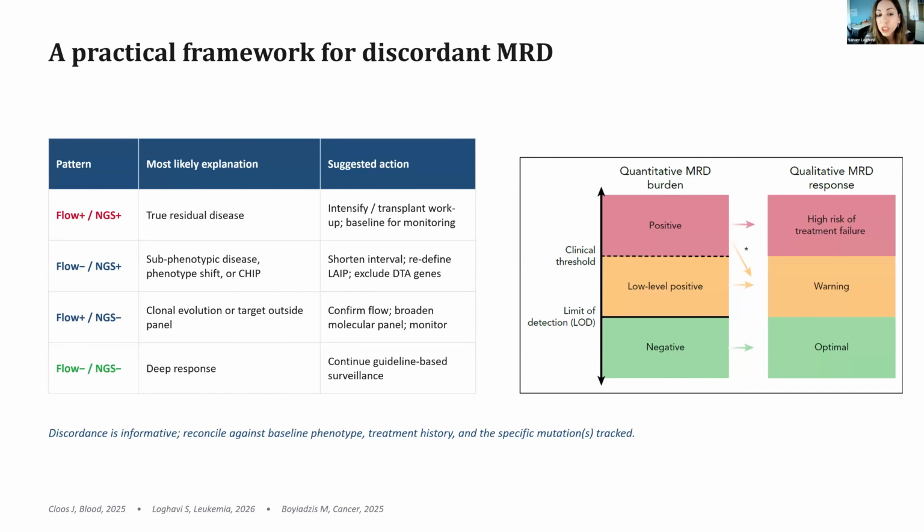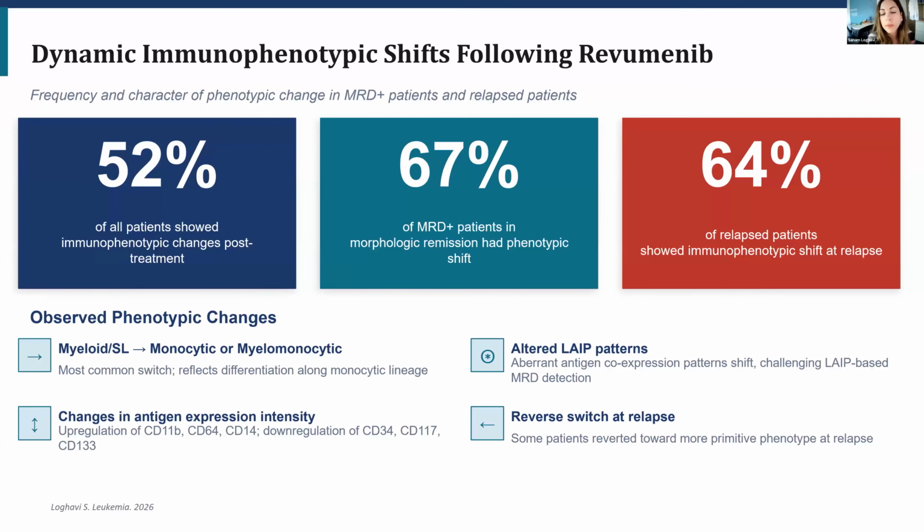And then if you have NGS positive, flow negative, things you should be thinking about are potential phenotypic shift, potential clonal hematopoiesis that is not really leukemia. And then if you're flow positive, NGS negative, you really want to think about clonal evolution like the examples that I showed. All right, so just to briefly touch upon this study that we have in menin inhibitor treated